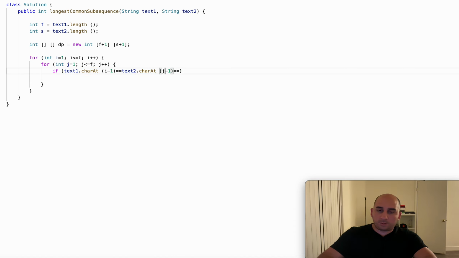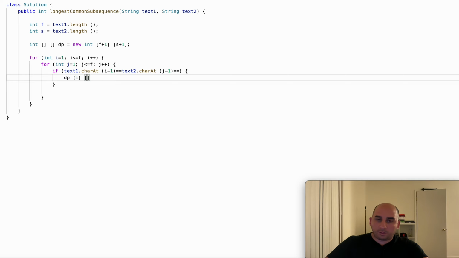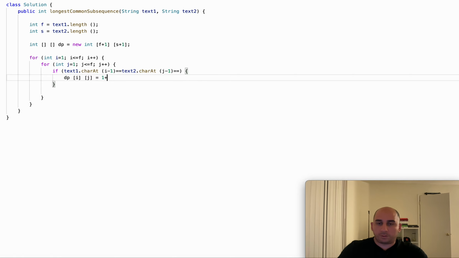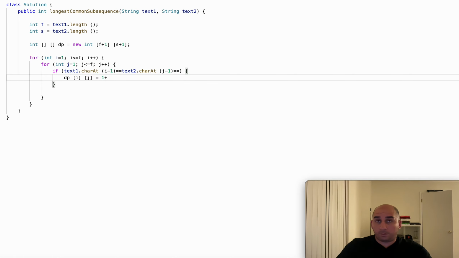If the characters at that point are equal, then dp i j equals 1, as we said, because if the characters are equal, we already have 1,